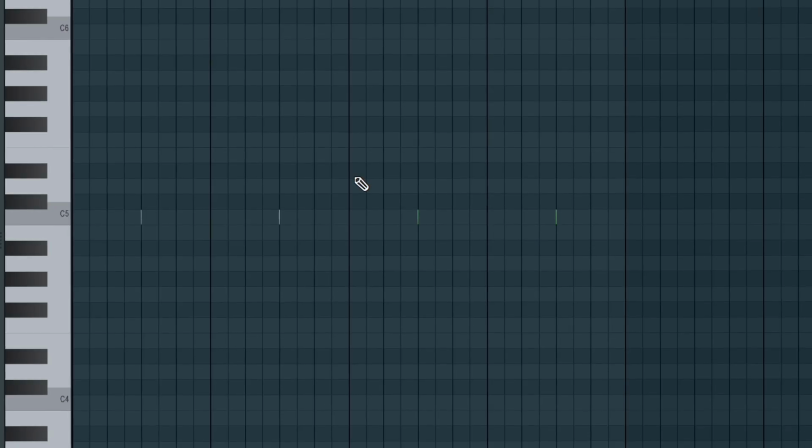The only other thing I have is an empty sampler with just a basic clap pattern, just 4 bars long, because I usually use that clap pattern in basically all my beats, so I don't have to do that every single time. So by using these startup templates right here, it's just gonna save you so much time,